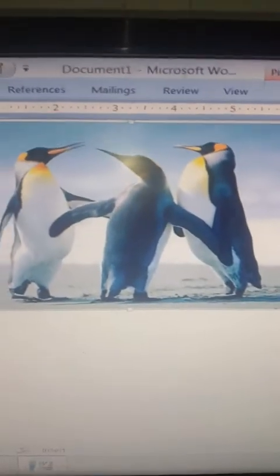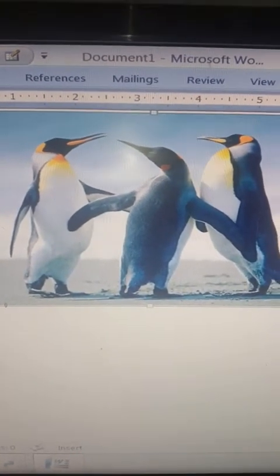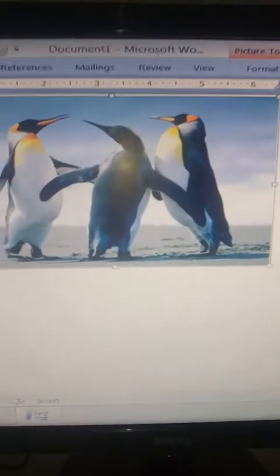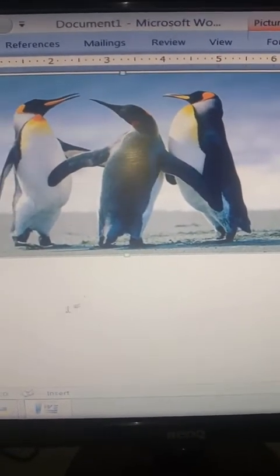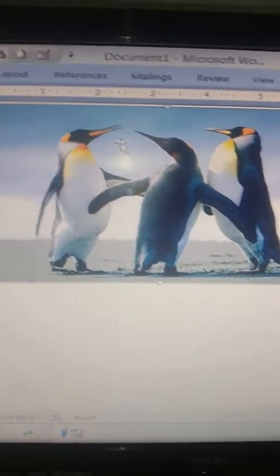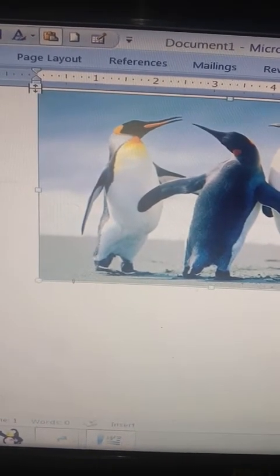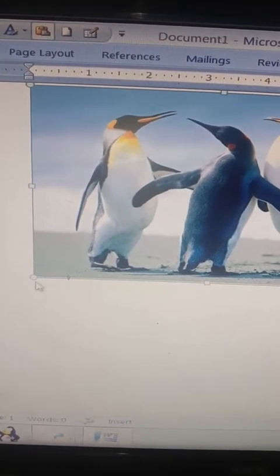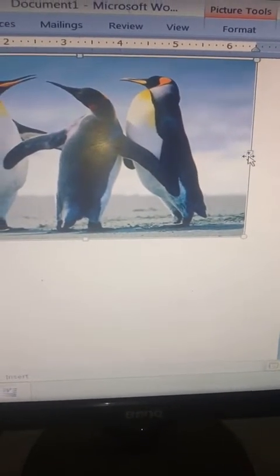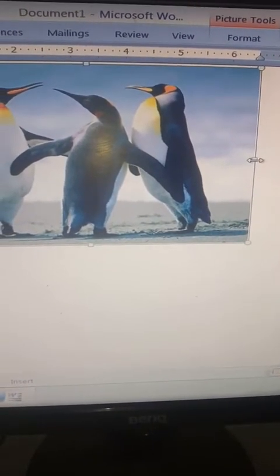Resize the picture means either you can increase the size of the picture or decrease the size of the picture. As soon as you left click over here, there are different types of square brackets or circles on the border of this picture. Suppose as soon as I bring the cursor to any of the square brackets, it has changed into a double arrow. Now if I drag it toward the inward side, the size will get reduced